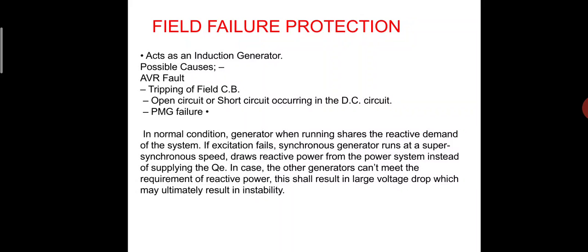In normal condition, a generator when running shares the reactive demand of the system. If excitation fails, the synchronous generator runs at a supersynchronous speed, and draws reactive power from the power system instead of supplying